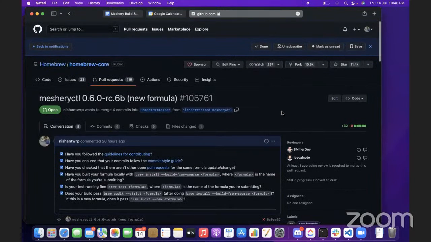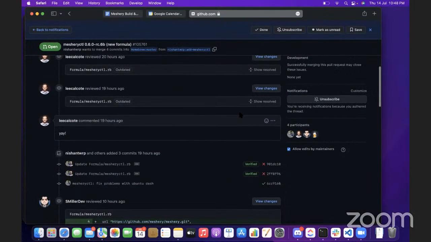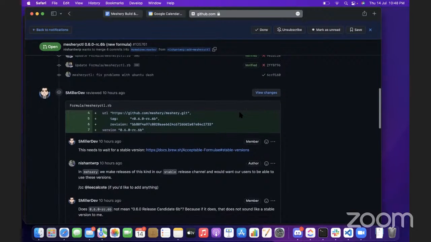Yeah, so I've been working on migrating Meshery CTL to Homebrew core tap basically. So users would have to first add our tap and then install Meshery CTL. So I've raised a pull request to Homebrew for adding our formula, and it's in review. There is one thing that I was blocked with: the version that we released, 0.6.0 rc.6b, in most places this version is not considered as a stable release version,